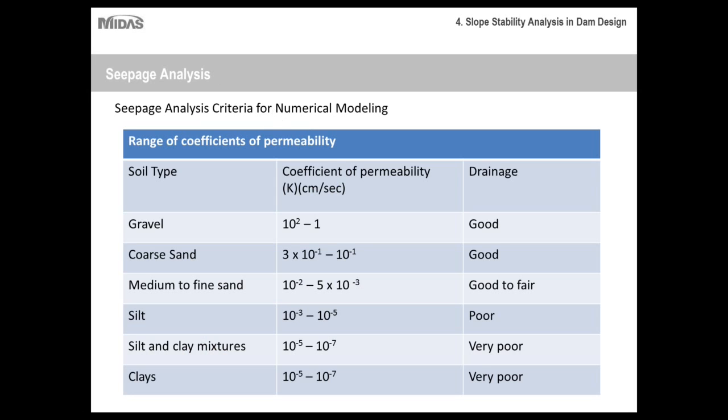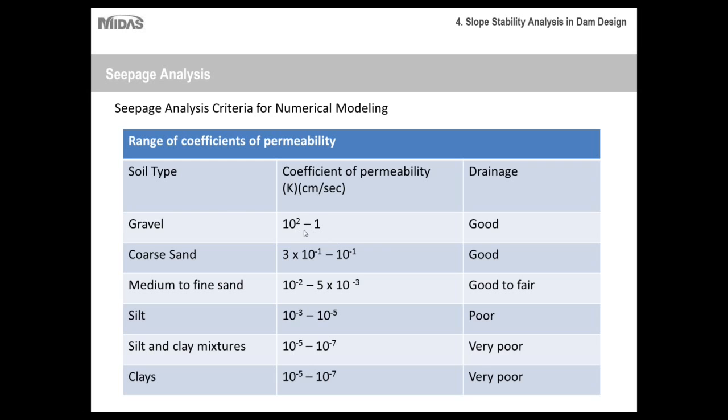The main parameter that you need to take into account is the coefficient of permeability. Essentially, the coefficient of permeability is a measure of how fast water can travel through a certain medium, or through a certain soil type in this case. In this table, we have permeabilities for various soils ranging from very high to very low. For example, gravel has very large pore spaces, the spaces in between gravel are very large. That way